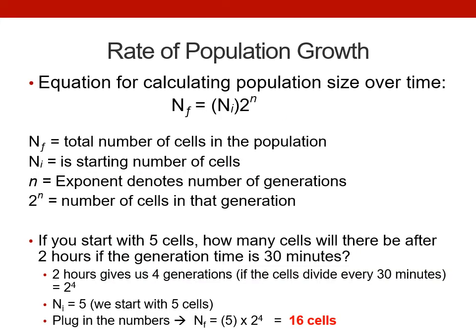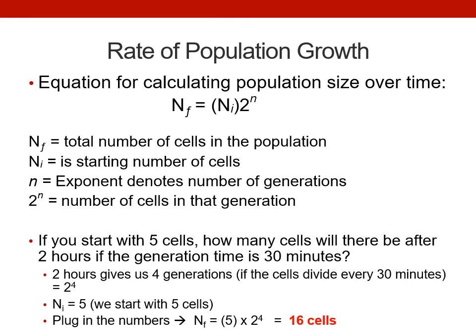There is an equation we can use to calculate population growth, where N of F is the total number of cells in the population, N of I is the starting number of cells, lowercase n represents the number of generations, and 2 to the nth power is the number of cells in that generation. If we start with 5 cells,